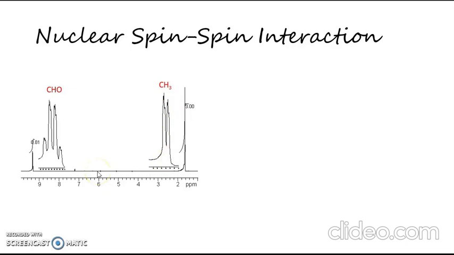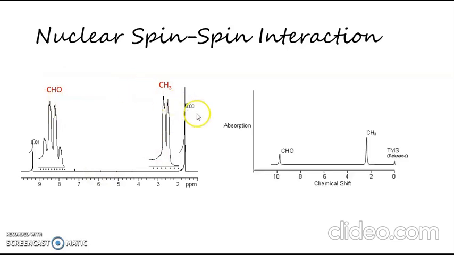Relative to a proton in the CH3 group, a single proton in the CHO group can align in two different ways. This is a spin-spin interaction. These two orientations of the CHO proton produce two different local fields at the CH3 proton, thus splitting the CH3 proton into two peaks called a doublet. Similarly, relative to the aldehyde proton, the three protons of the CH3 group can